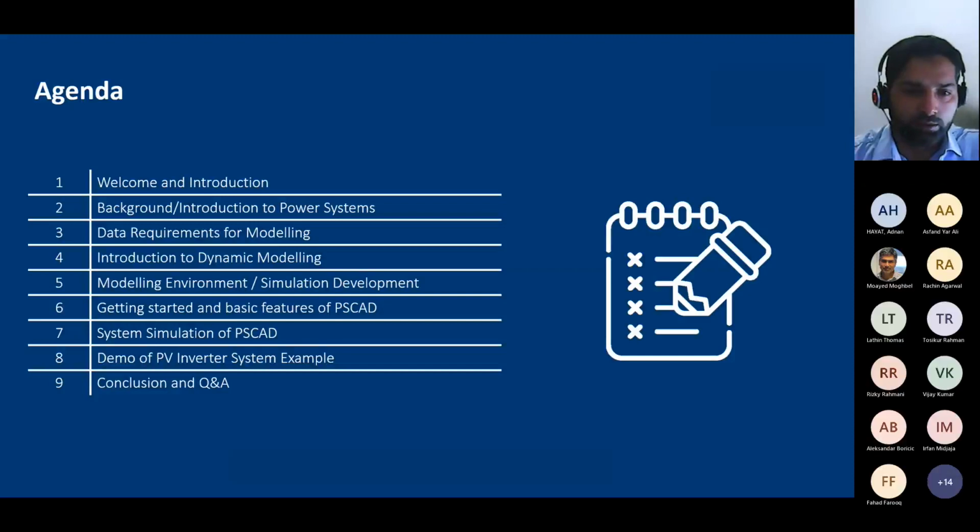So the way I prepared the slides is I don't want to go into too much detail, like the fundamental components of power system modeling and PSCAD, because then 1 hour is not enough, I think. So I will give you an overview. We will discuss